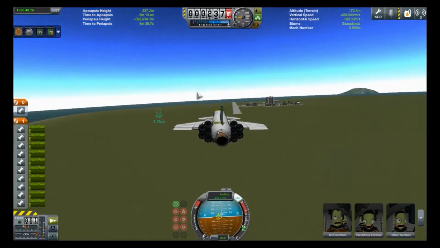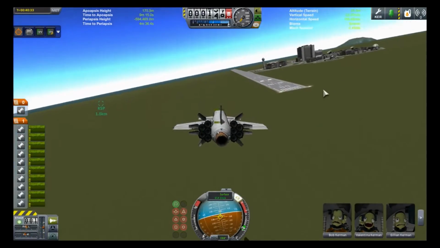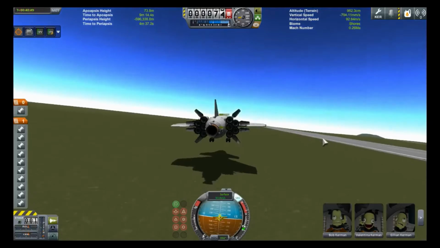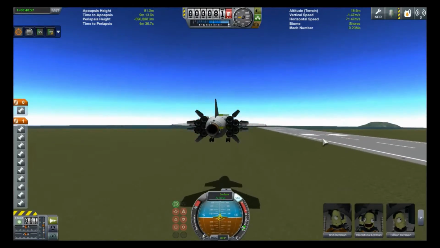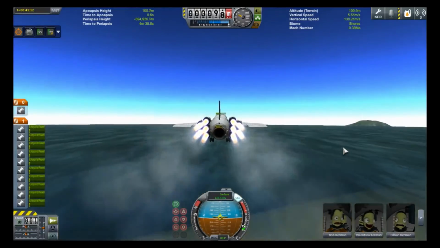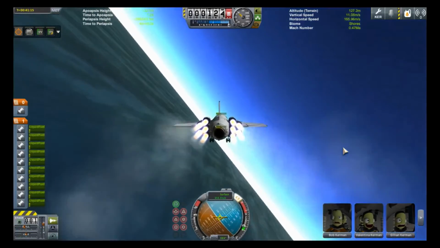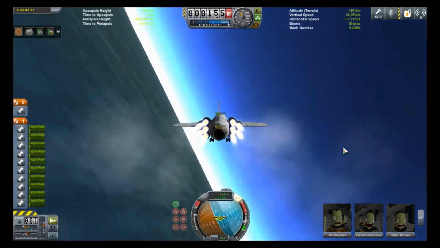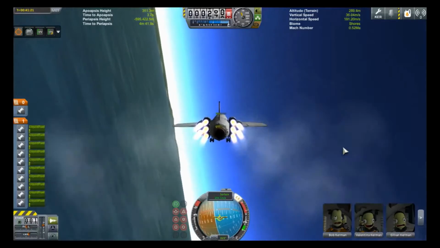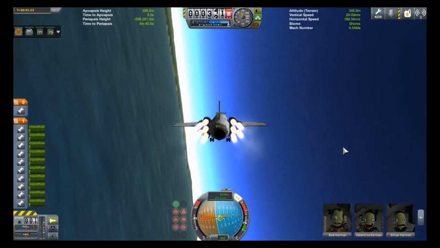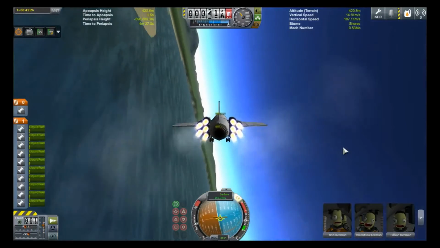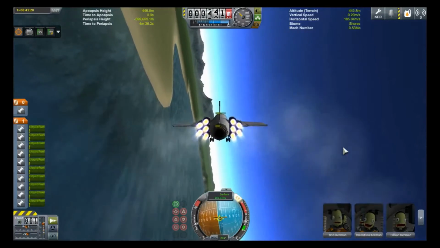And in my case, before I had what's called the trajectories mod, which accounts for both planet rotation and drag, and shows you where you're actually going to land, within about 6 kilometers I think, I would try to do a traditional belly flop. I'd end up climbing back out harder than I thought I would, and I would completely overshoot my landing zone, which I kind of did here a little bit